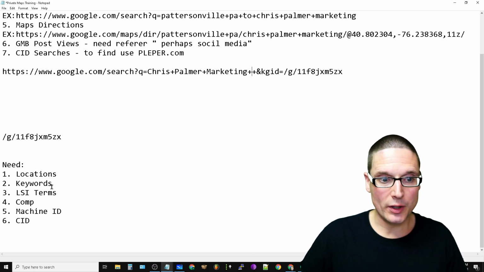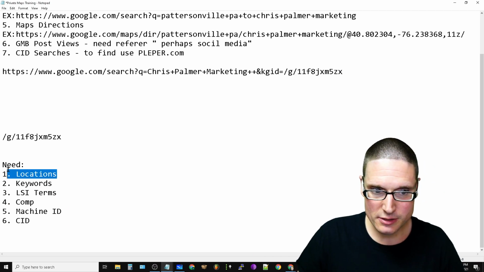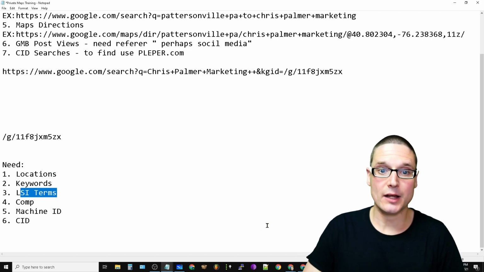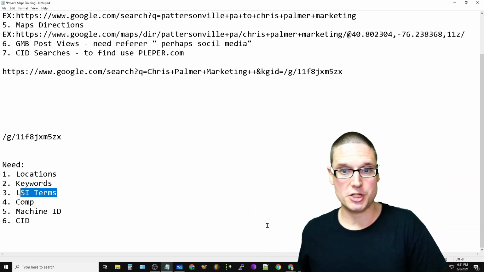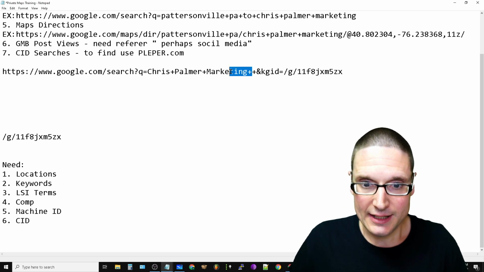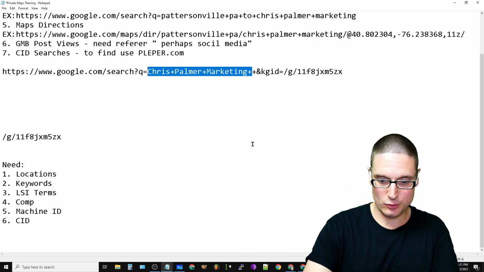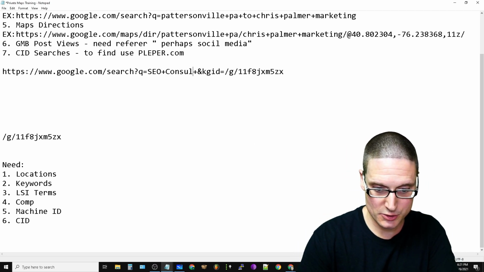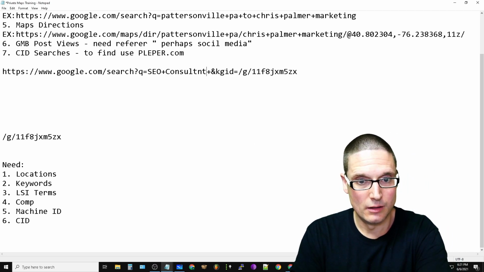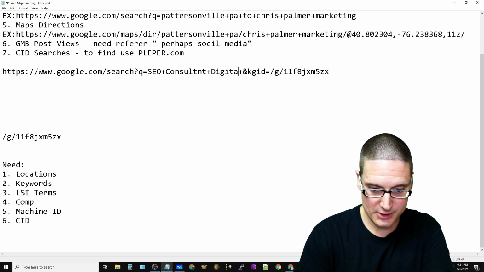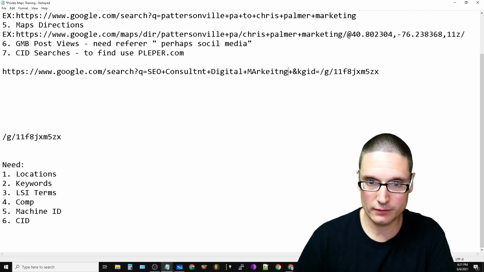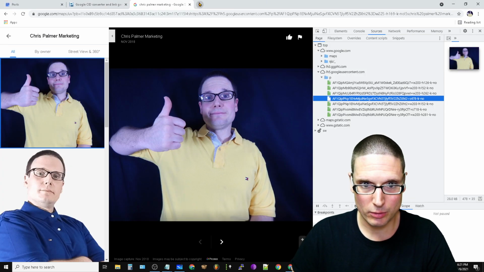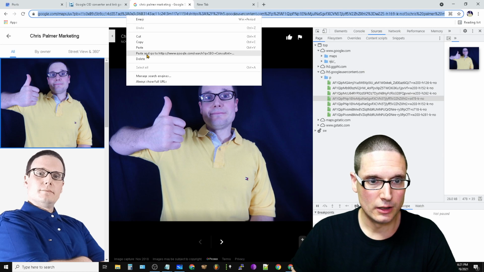And then we need to include our location, a location query, a keyword query, or an LSI query, along with our brand name and our machine readable entity ID. Now, if you want to get crazy, you might not have to, but you could probably put SEO plus consultant plus digital plus marketing, okay? Then you grab it, copy it, bring it over, okay? Toss it in,